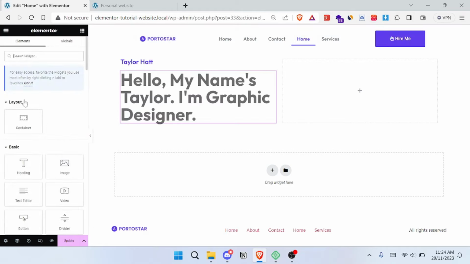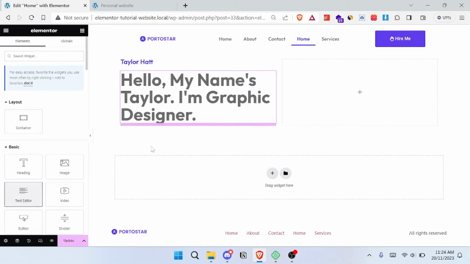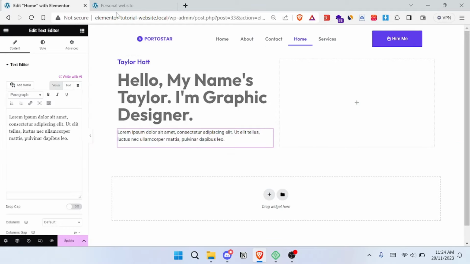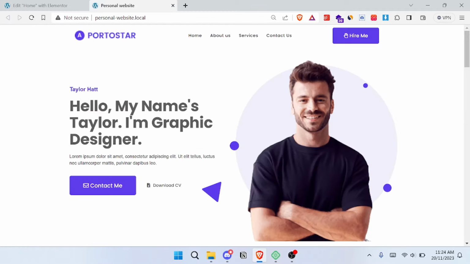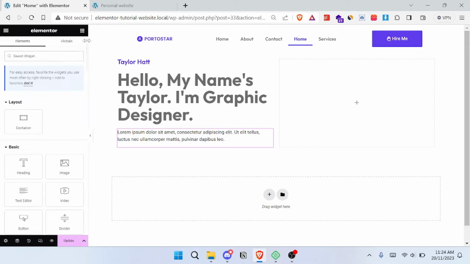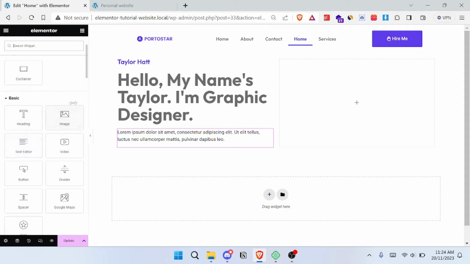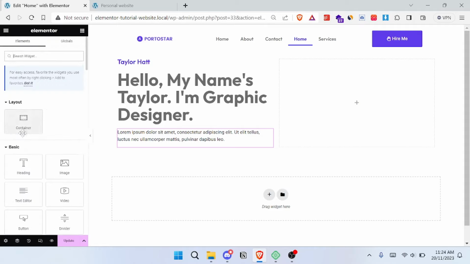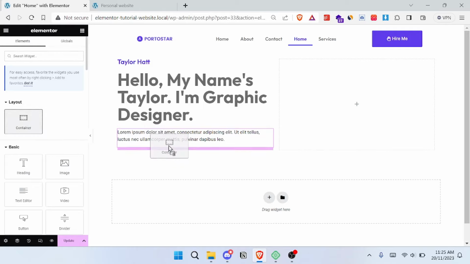click on the cube icon to go back, and then go to text editor and insert it here, some basic text, some description about you. You could completely type whatever you want here. Go back to Elements tab, and here we should select the container element here and drop it underneath the text,